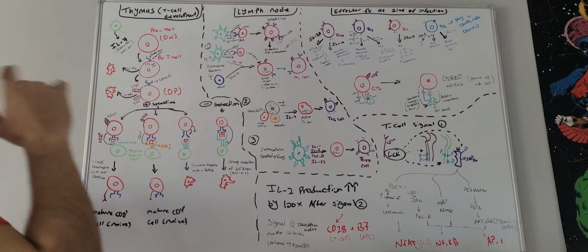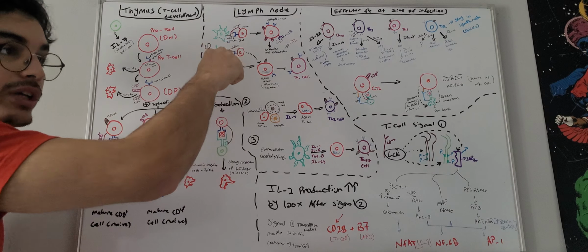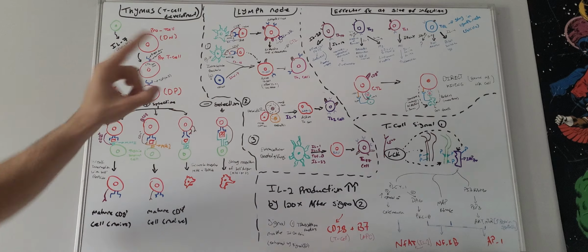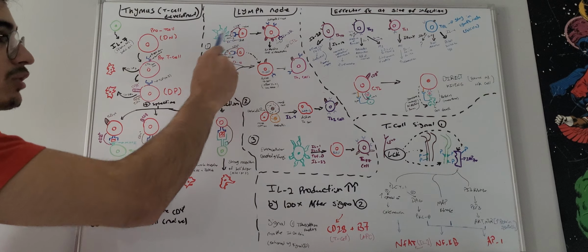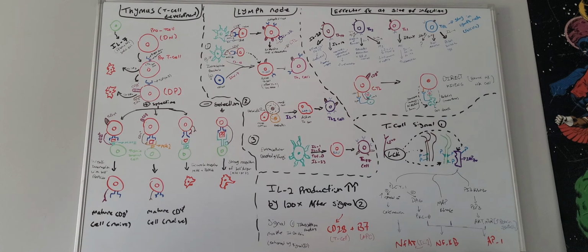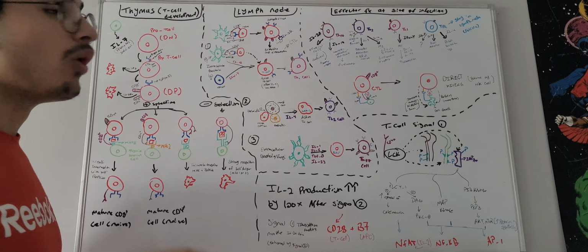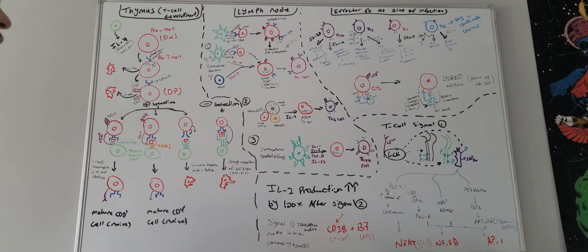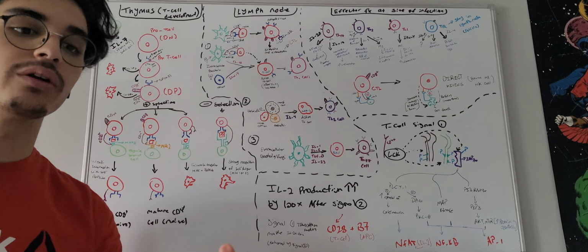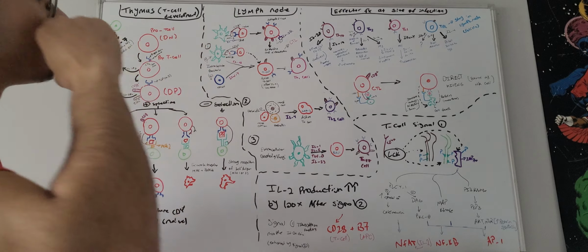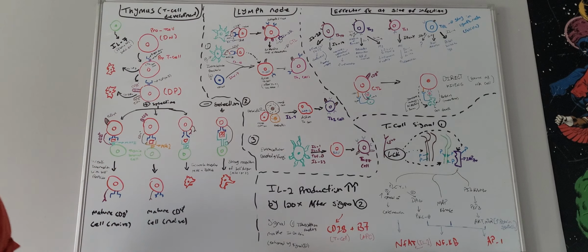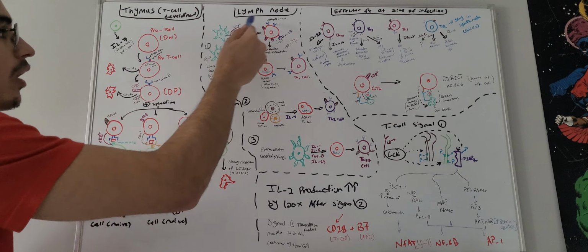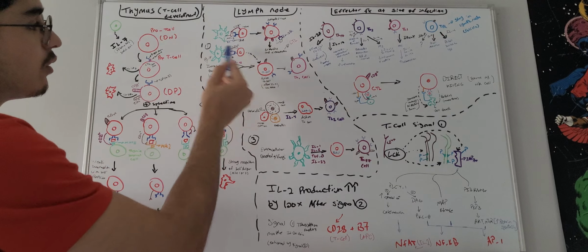You might be thinking, is B7 always just on the surface of the dendritic cell or an antigen-presenting cell? The answer to that is no. B7, this co-stimulatory molecule that is on this dendritic cell right now, is only expressed after an infection, which is why adjuvants are so important. Because a T cell is going to get activated, it needs both signals. It needs a signal 1 from the TCR MHC complex, and it needs a signal 2 from the B7 CD28